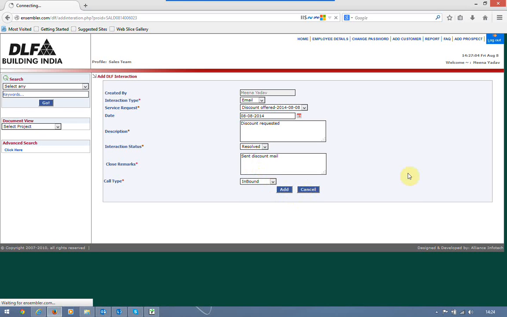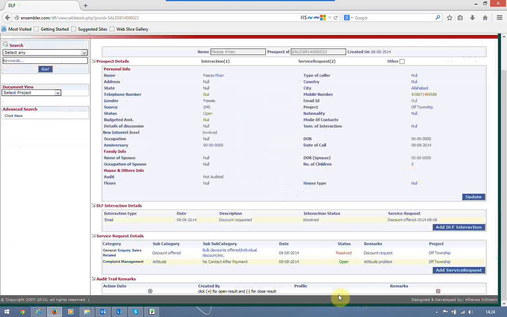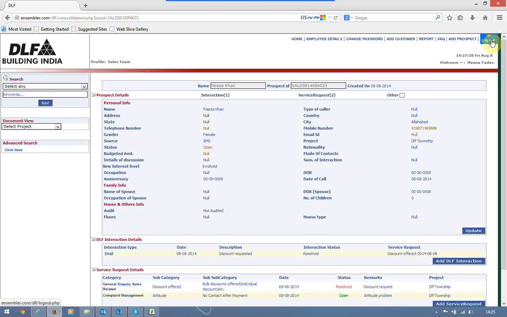And you click an interaction, you will see that that service request is automatically closed. It's resolved. And an email, the interaction says it's resolved. So this is the salesperson's view. Now let's go and see what the complaint